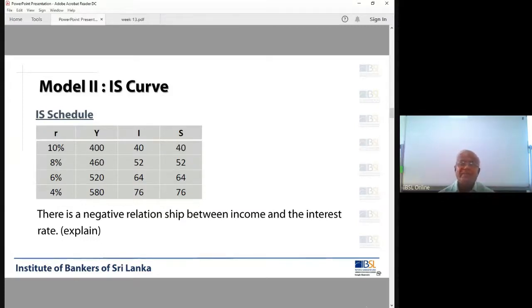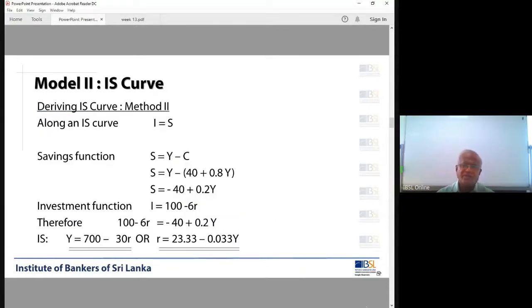Now what about the savings? How do you calculate savings? What is the savings function? Savings is Y minus C. What is savings in this model? It is a residual. What does that mean? The leftover is saved. You get the income, consume first, and the balance is saved. So savings S equals income minus consumption. Y minus C is the savings. Agree?